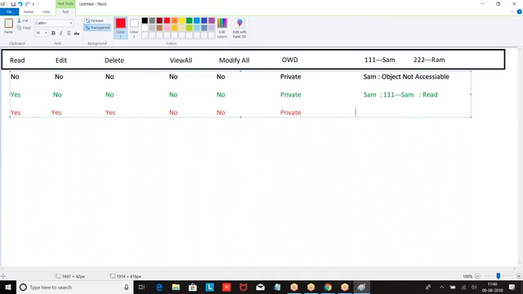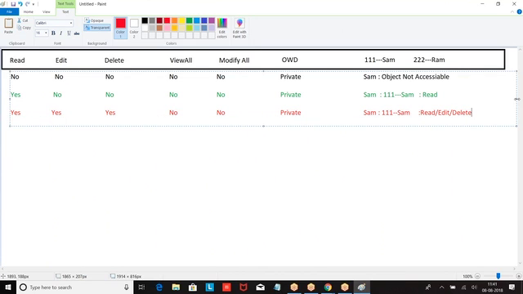Now what will happen? Sham can see. Read, edit. Sham can see read, edit, delete. Right. Now I'm giving